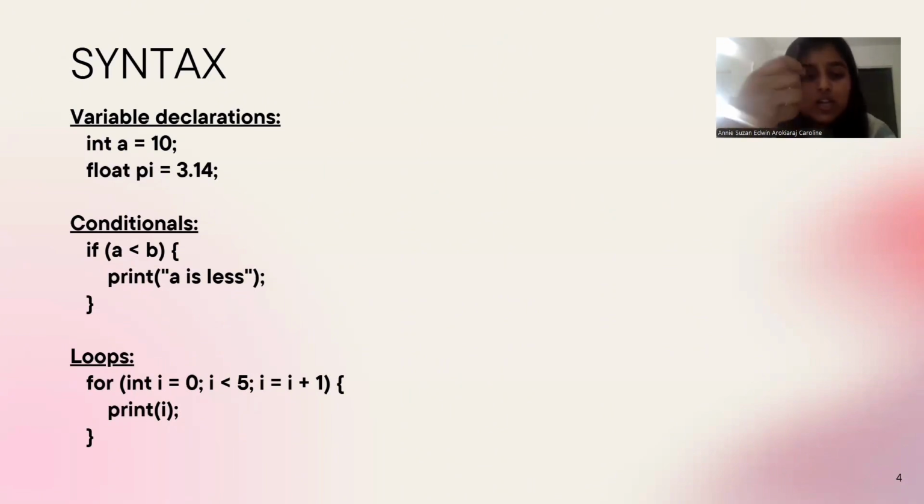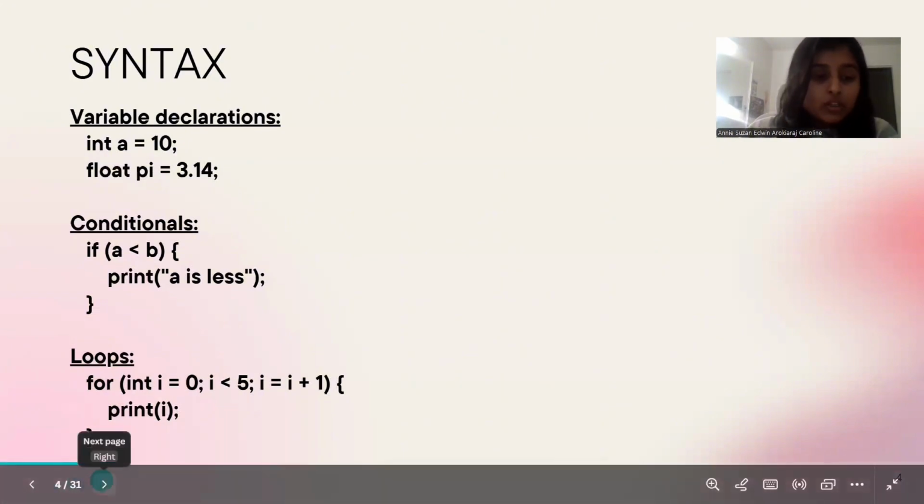And for loops, here is a classic for loop syntax. You'll notice the style is very similar to languages like C or Java. That's intentional because we wanted to lower the learning curve. So moving on to the next slide,